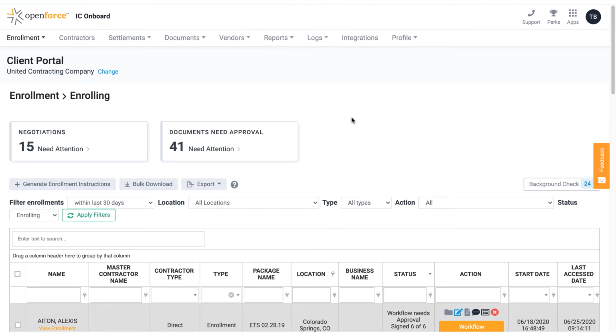Good afternoon. In this segment, we're going to go over how to customize your grid layout and go over some of the sorting and filtering options that are available. As you can see, I'm in my enrollment grid,